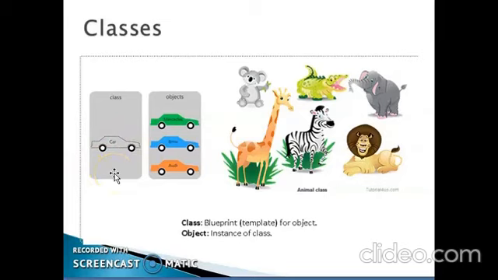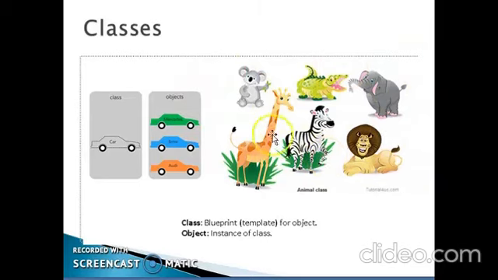Is it okay? Fine. We'll take one more example here. Imagine you visit a zoo and you find multiple animals in the zoo. You find a giraffe, a panda, you may find an alligator, an elephant, or a zebra or a lion. So these are all basically animals.